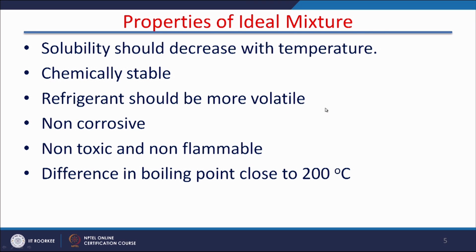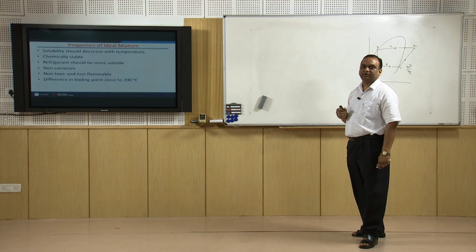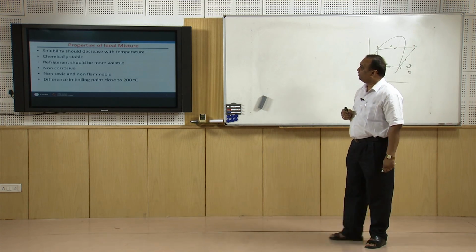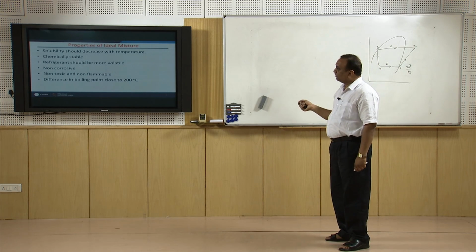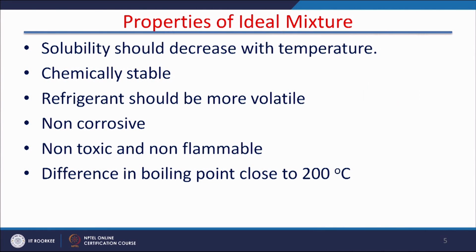Refrigerant should be more volatile, so that it can easily be converted into vapor. Where refrigerant is required to be more volatile, it also has to be non-corrosive, that is obvious. A fluid in the system, whether it is a refrigerant or an absorbent, has to be non-corrosive, non-toxic, and non-flammable. This is the requirement. That is why, because ammonia is toxic,